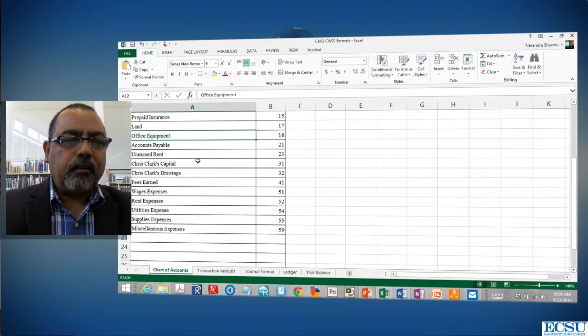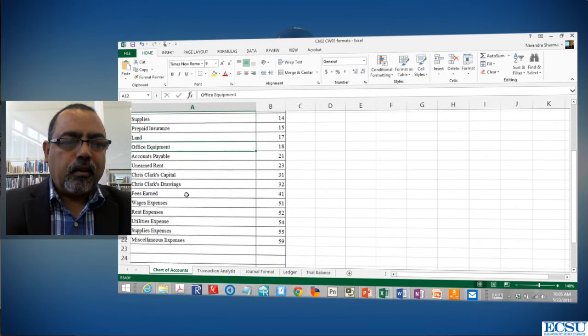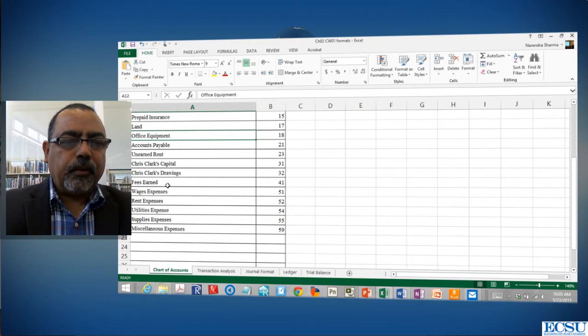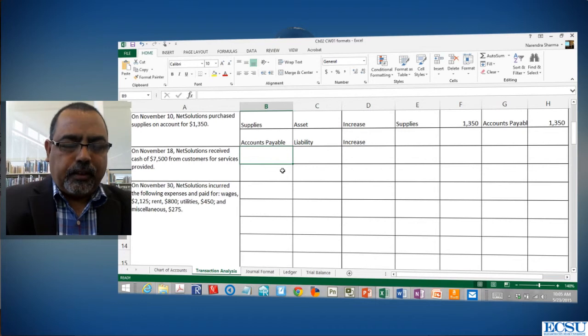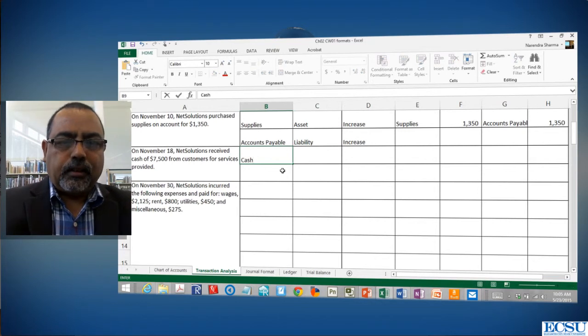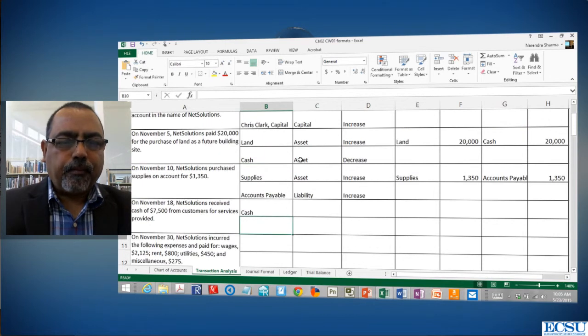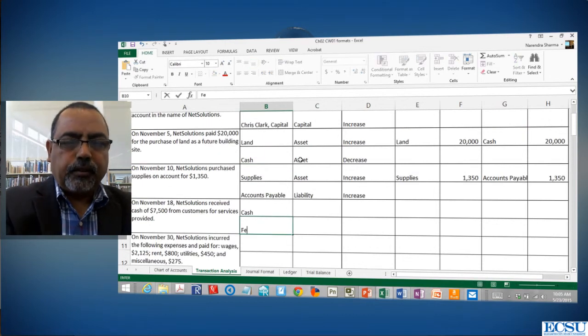They're using fees earned as the revenue, if you see the number 4, because as I said to you, revenues will always be coded as 4. So you are receiving cash, so that will be cash, and number 2 would be, of course, fees